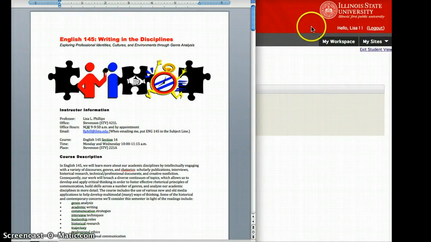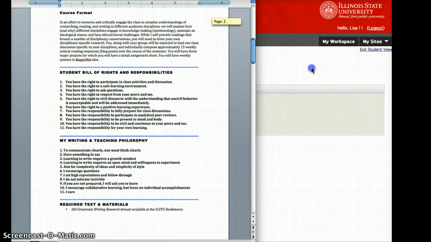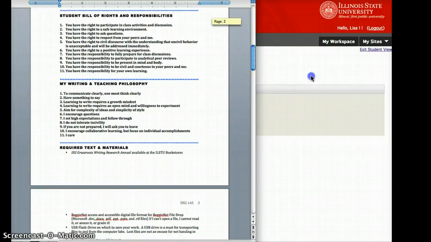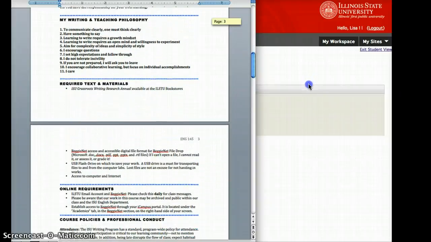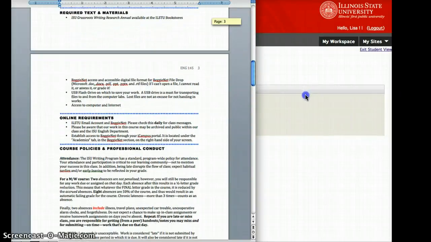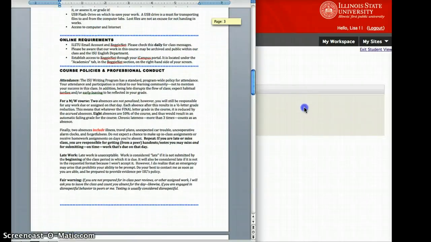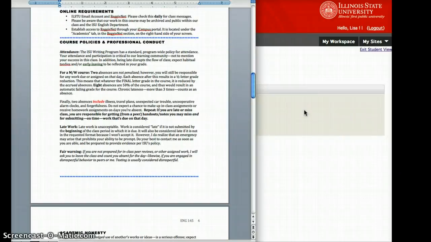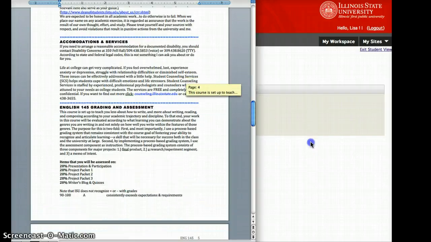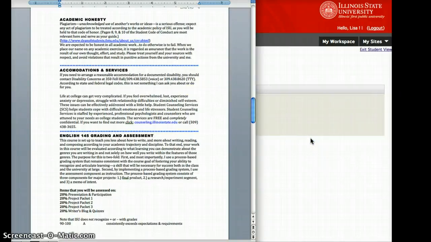The syllabus has a course description, the format, what your rights and responsibilities are, as well as my teaching philosophy and writing philosophy, required texts and materials, although we are going to talk about that in detail in class. Your online requirements: you need a stable internet connection, an Illinois State email account, and of course access to ReggieNet. I also have on the syllabus course policies and professional conduct, in other words, my attendance policy, the university's plagiarism policy, as well as